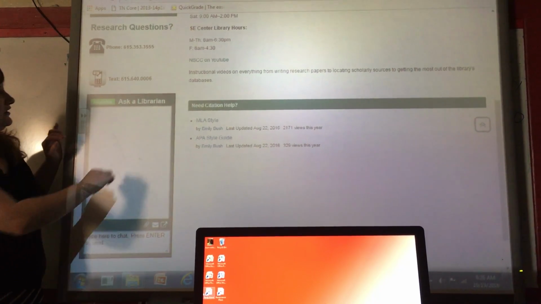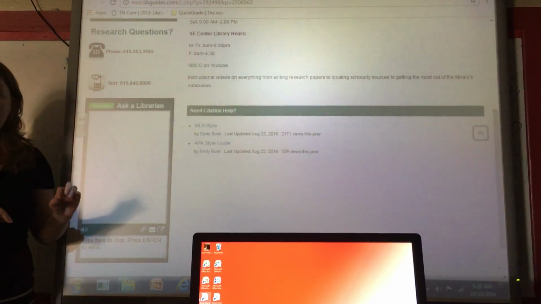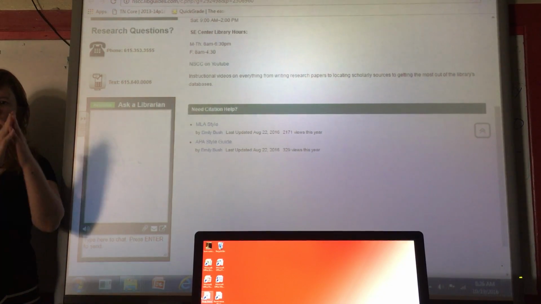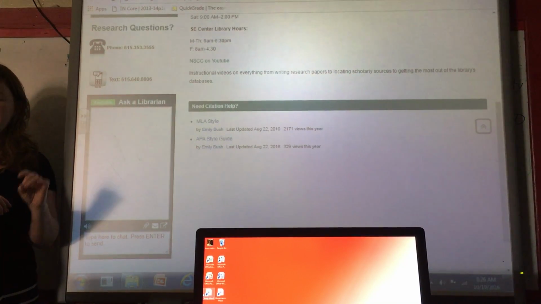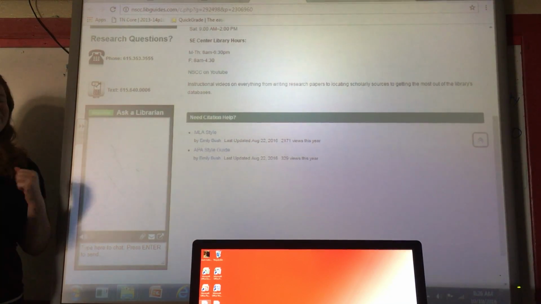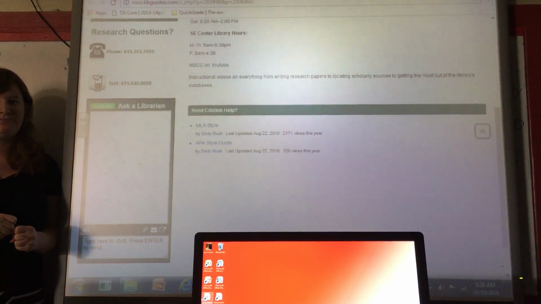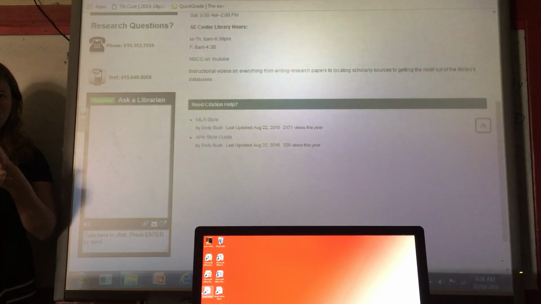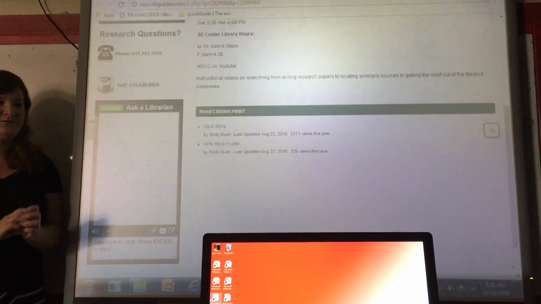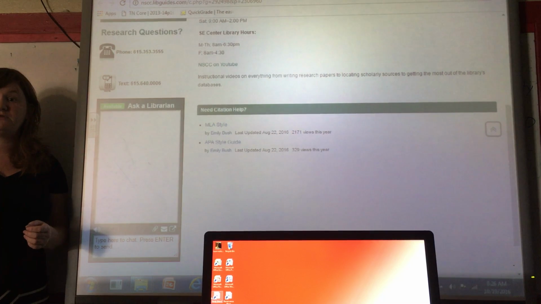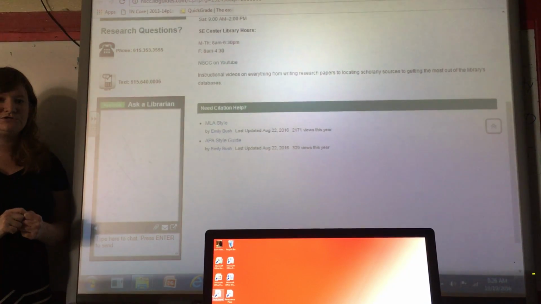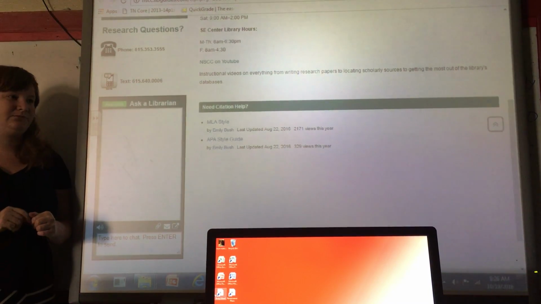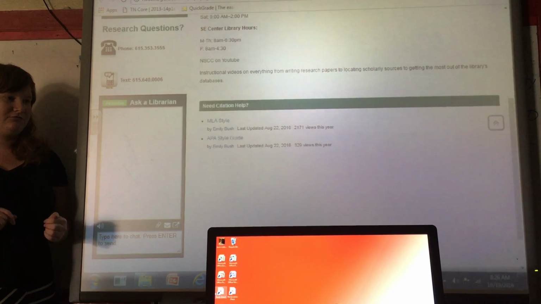Or if you have gone on their homepage, and I'll show you how to do this in just a minute, and you have found that there is a book there, because remember, we are required to use one book, real live book, yeah. If you find that there is a book that they have at their library that you really can't do without, and you have to have it for your research paper, you can get in here, type in your A number, the name of the book, and the call number of the book, and ask that it be sent to the Humphreys County campus, and I will bring it to you from the Humphreys County campus. We have somebody who goes to Nashville every Tuesday. So if you requested it on a Friday, you would have it Wednesday morning. Yeah. So they will do that for you.